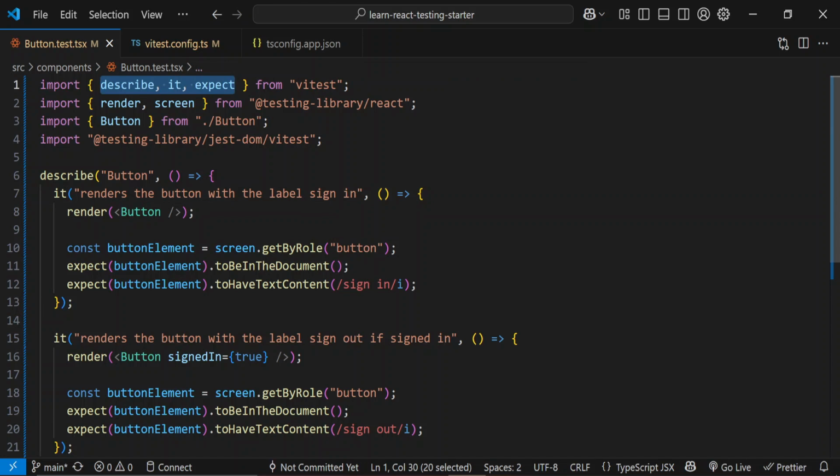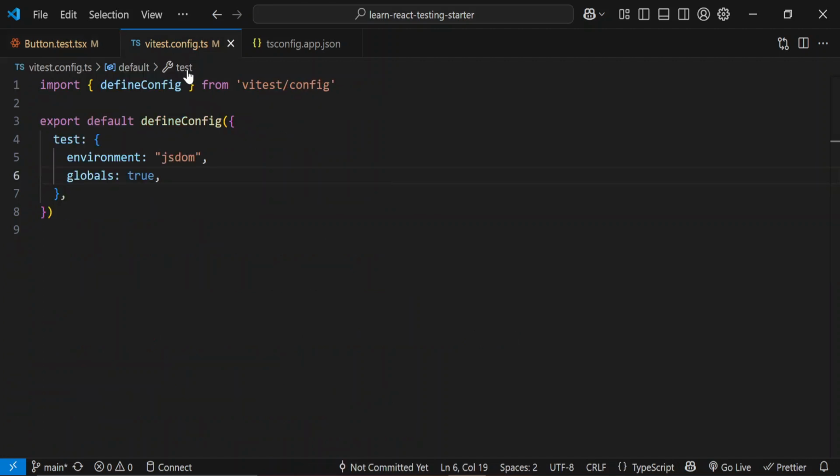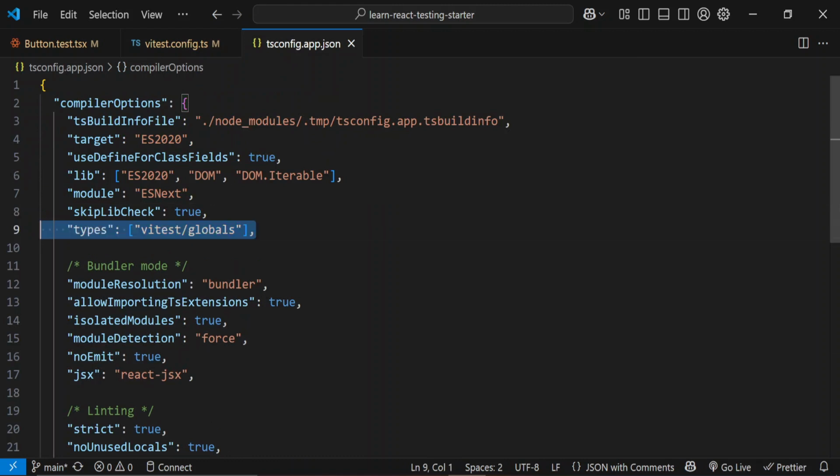Some APIs like describe, it, and expect are used in basically all test files, so it would be really annoying if we needed to import them every single time. So let's simplify the import. The first step, which we have already done, is to set globals to true, and since we are using TypeScript, we have to add Vitest globals to the types field to